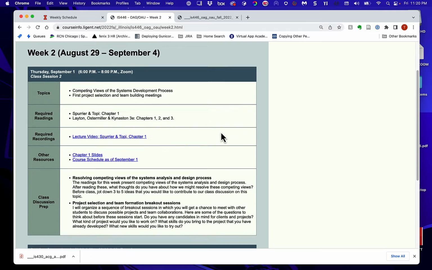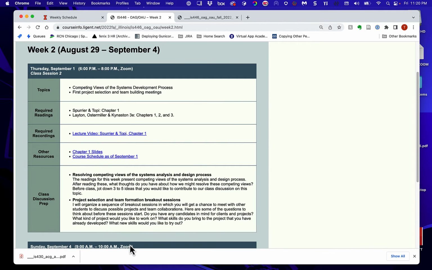In week two, we're going to jump into the readings. And we've got three texts that we're going to be using. Okay. We have one text that's a classic systems analysis text. It's by Spurrier and Topi, and it's a fairly thick book. It's all about systems analysis and all aspects of it, and it has the point of view that